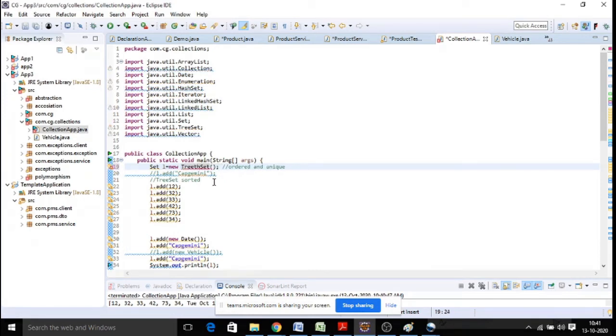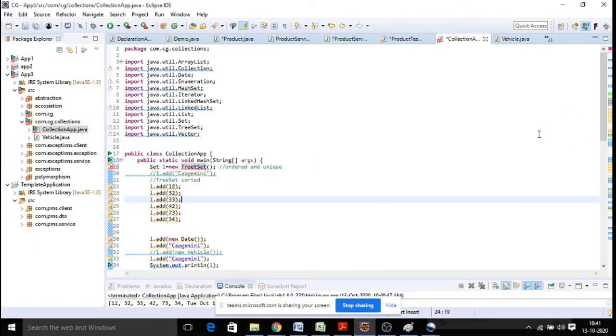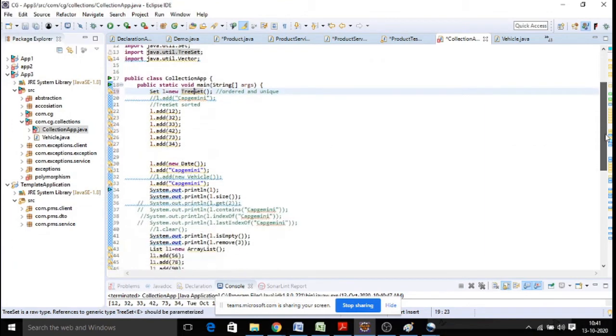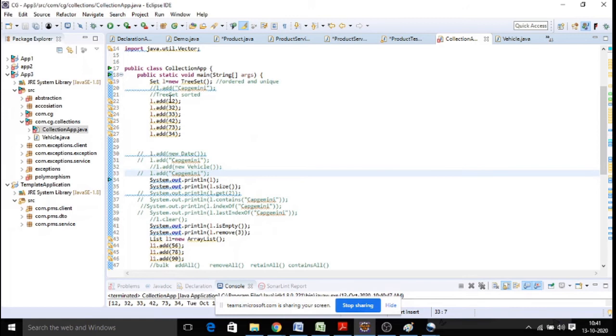So tree set, as it has an internal implementation of sortedness, cannot allow heterogeneous elements because it needs an internal algorithm to compare. So you cannot take a date or a string, because string and date cannot be compared with integers. In case of tree set, you have to take homogeneous elements.